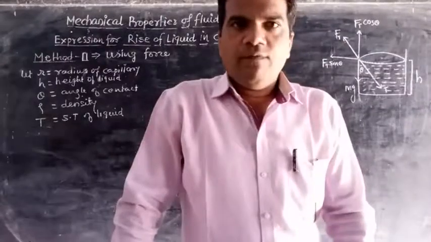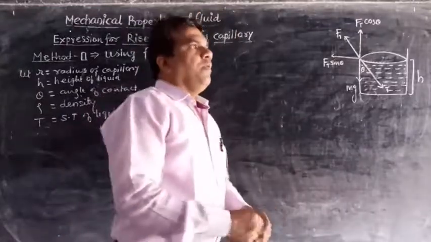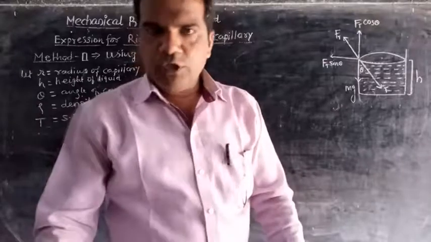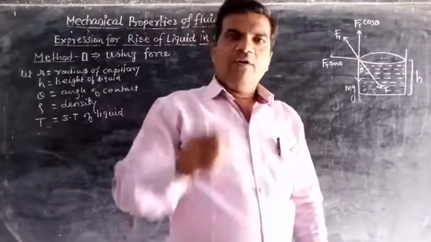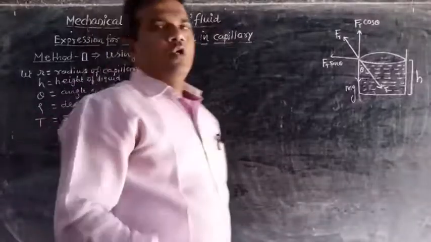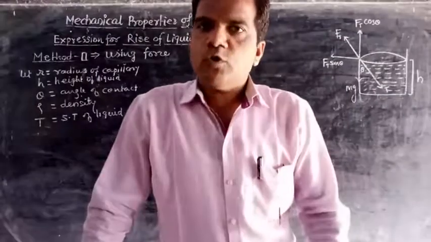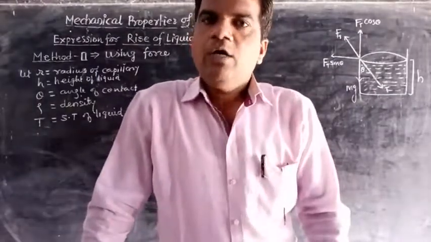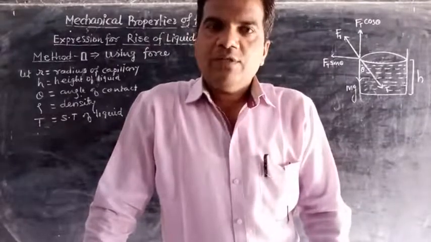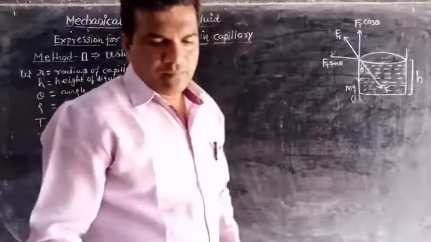That circumference of the meniscus is nothing but the length of contact. Now by using the concept of surface tension, the force due to surface tension acting on the free surface of the liquid will be Ft is equal to T into 2 pi r, because surface tension is equal to force per unit length, means F upon 2 pi r. Here the force acting due to surface tension will be equal to surface tension into the length.